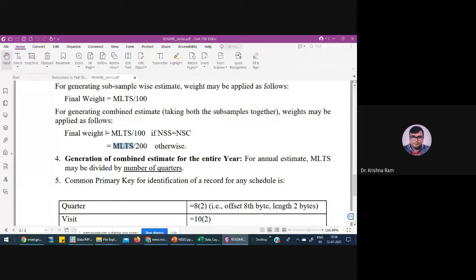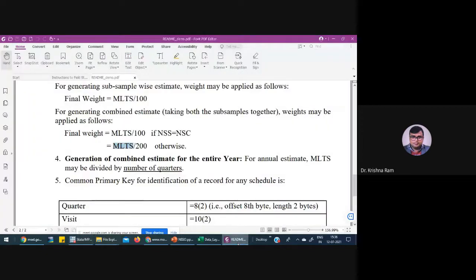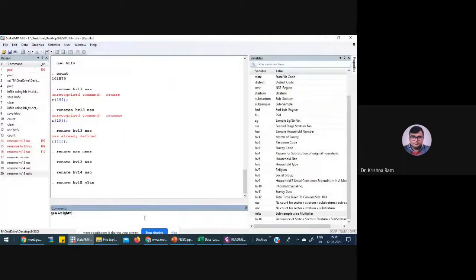Final weight equal to MLTS divided by 100 if NSS equal to NSC, and then MLTS divided by 200 otherwise. So for using this formula, we type this one: generate weight equal to, the first one is MLTS divided by 100. So MLTS divided by 100 if,